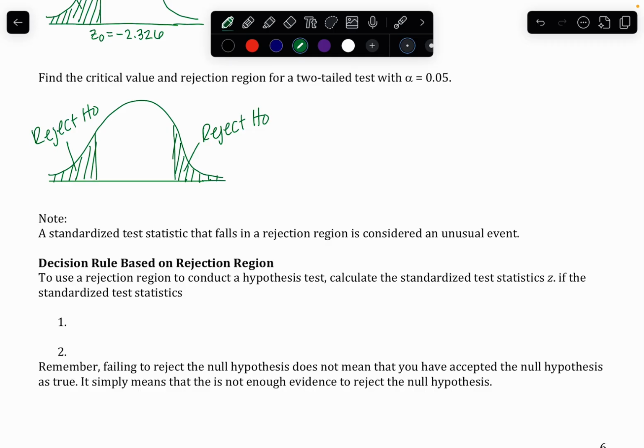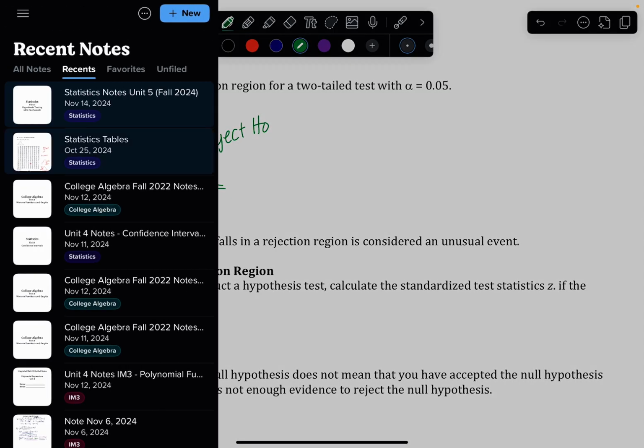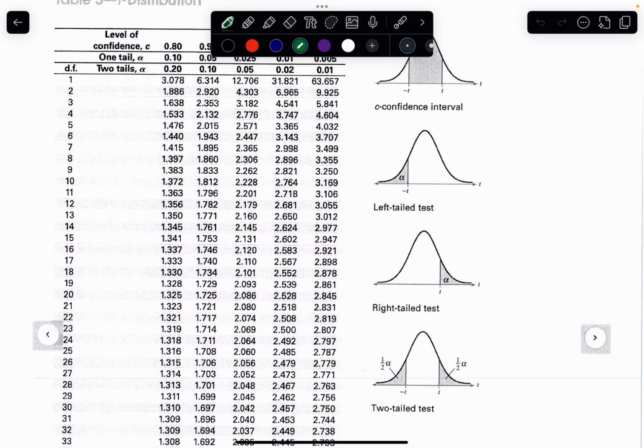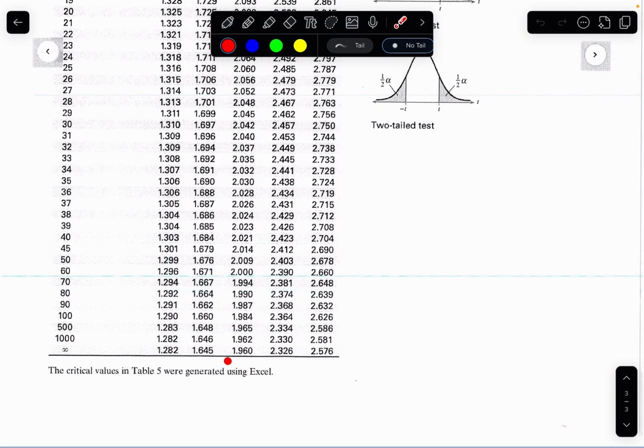Then we're going to go to table 5, and look at the row that says two tails, and the alpha that was given to us, 0.05, and then go to that infinity row,